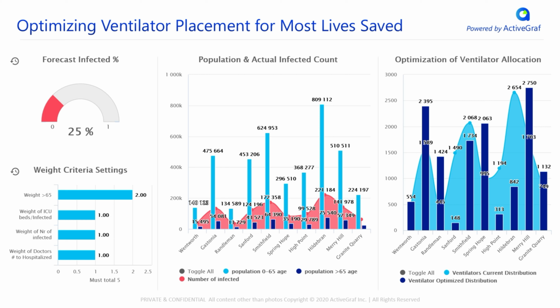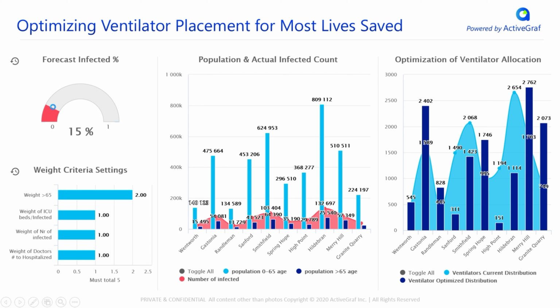But first, let's take a look at the forecast infected impact. If we go back to the original percentage of 15, you can see that the chart on the right changes significantly. In other words, where the ventilators should be located to derive maximum impact in saving lives has a lot to do with what percentage of the population actually contracts the virus. And so it's very, very useful to be able to set these drivers and immediately see where the ventilators should